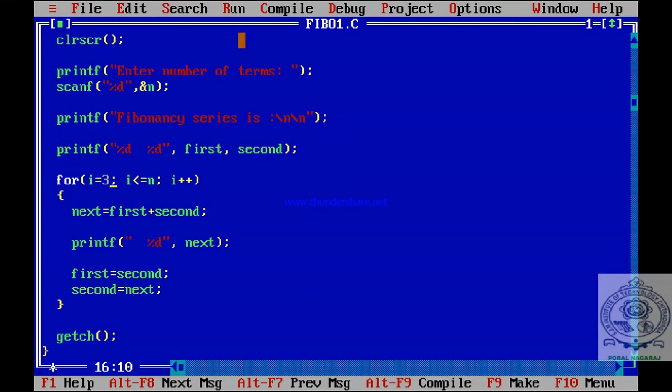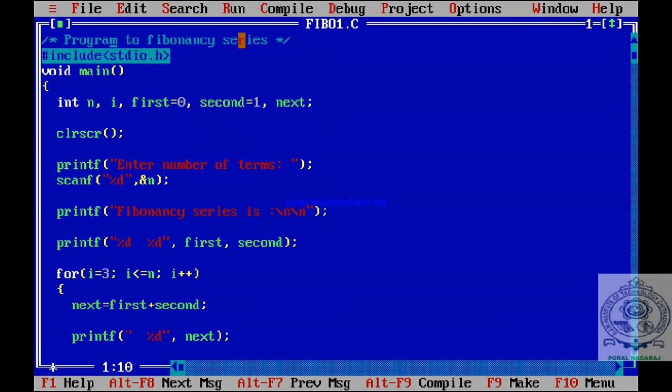So now see here, you can observe the same program is copied here. Right. So instead of 2, here 3 is taken, because 0 and 1, 2 numbers are printed already. First and second numbers are printed, so the remaining numbers we have to print starting from the third number. So that's why I assigned the value 3, with i less than or equal to n. So this is the small correction in my previous explanation. Please do make it. So this is the program you will get, and the rest everything is the same.